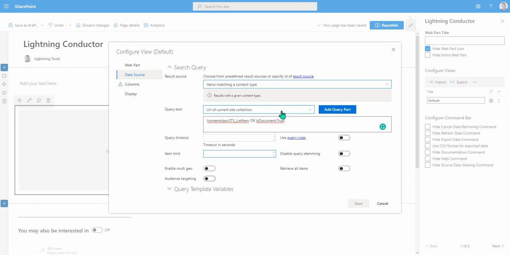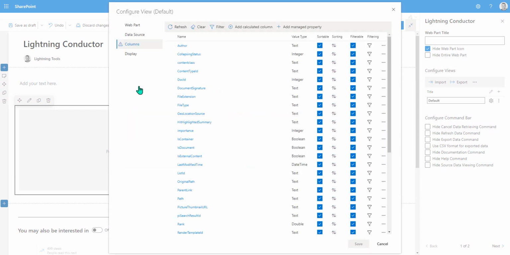Otherwise, they won't. There's query rules. If you have created some query rules, you can work with those. There's query stemming as well. The best way to describe that: if you were doing a search on particular metadata inside of your documents, you put, for example, it contained the word fished, then it may be returning fisher and fishing and so on as well. And there's the retrieve all items option too. So once we've gone through and set that,